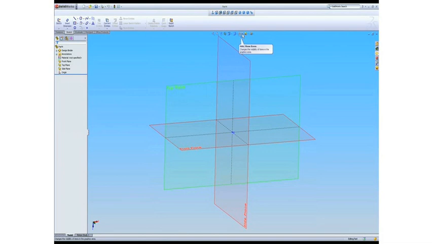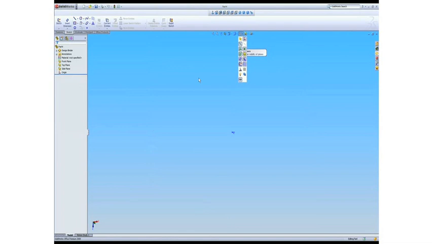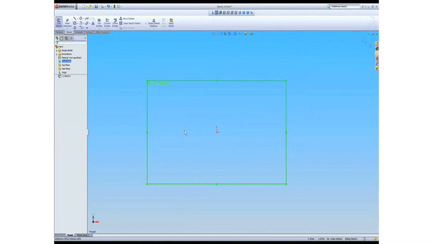Generally, it's easier to work with the planes hidden, so let's select View Planes to toggle the planes off again. Our first step in this example is to create a sketch on the front plane. So let's select the front plane and select Sketch. We could also select Sketch from the Sketch Tools toolbar. With the sketch now active, and we know our sketch is active by the 2 icons in the corner and by the fact that our sketch icon is depressed,